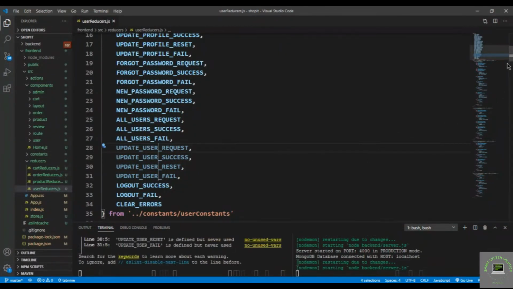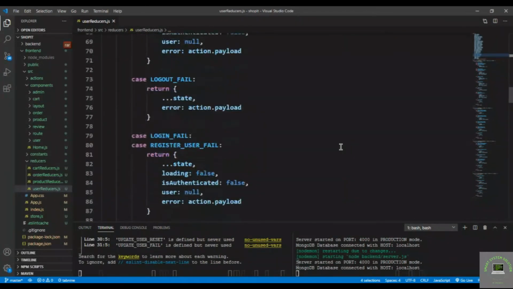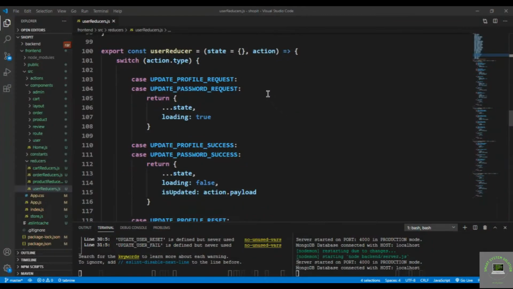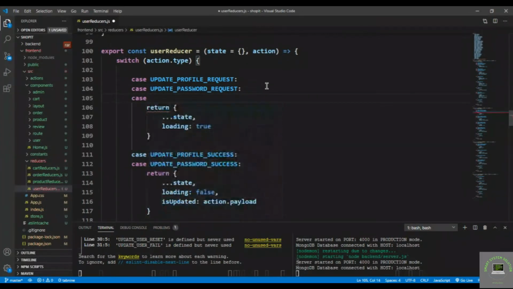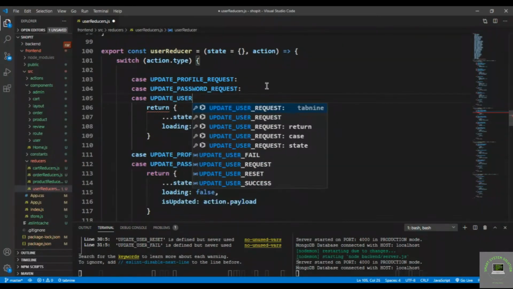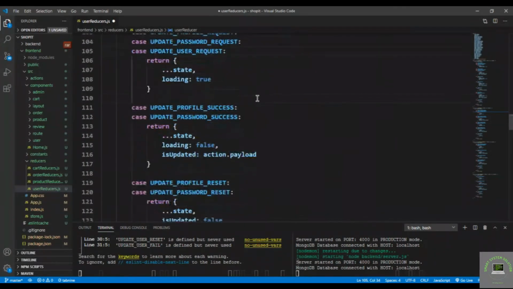Save it, and I can simply go to the user reducer, and I will put in here the case update user request. Okay, and then for the success I also put in here update user success,